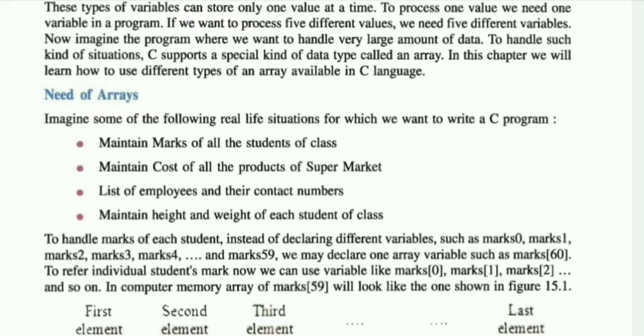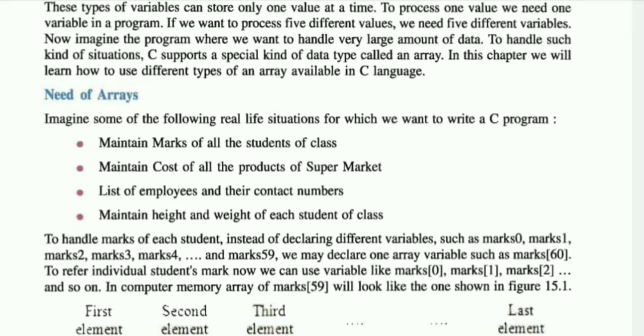Now to refer to an individual student's mark, we can use variables like marks[0], marks[1], marks[2] and so on. In computer memory, the array marks of 60 will look like the one shown in figure 15.1.